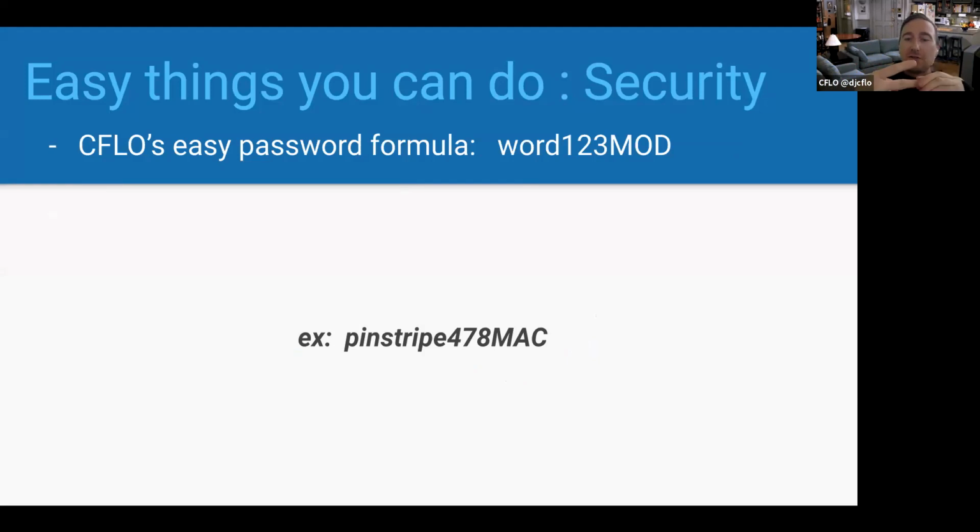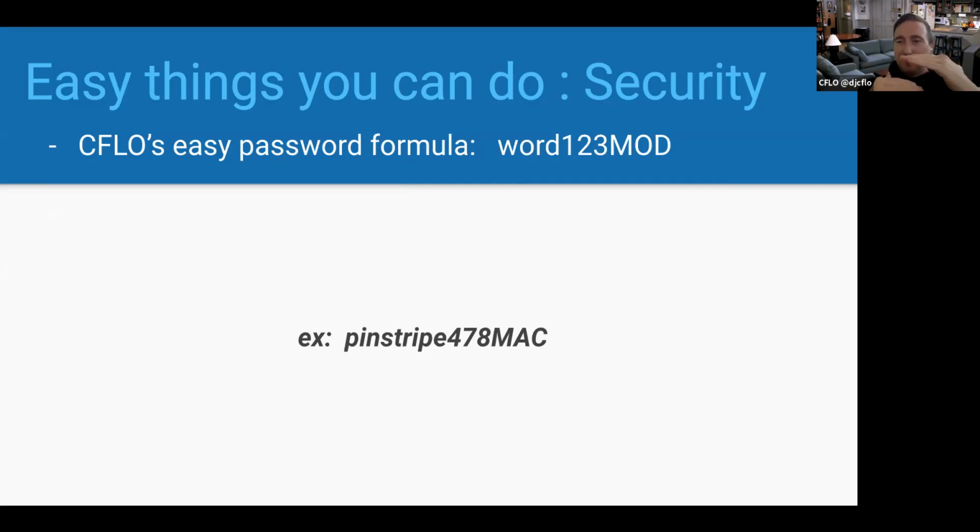Like all your social media, your email, your bank, your purchases through Amazon, eBay, that's the secure one. And then a different word that is unsecure, meaning if you're signing up for a free a cappella website or some crap like that, you don't want to give the same word that you're using on your bank, right?